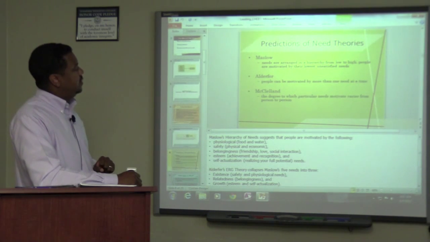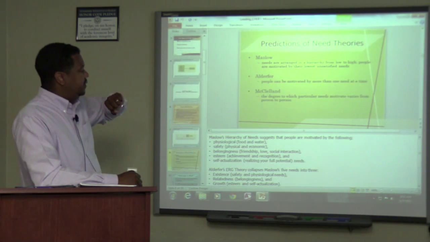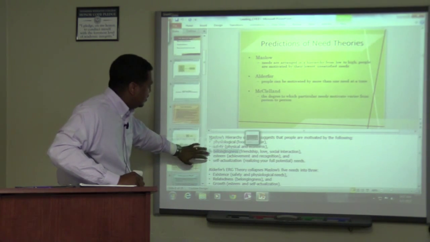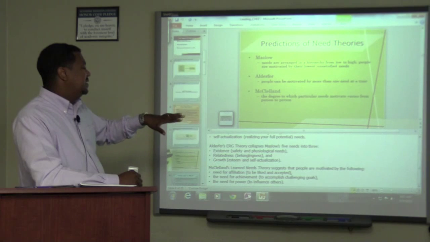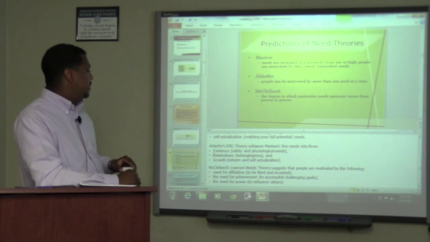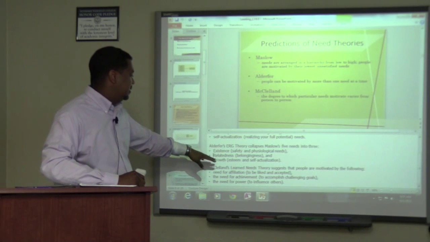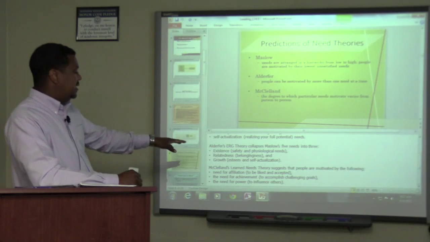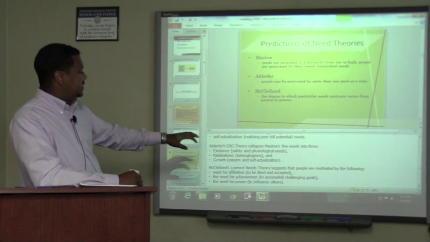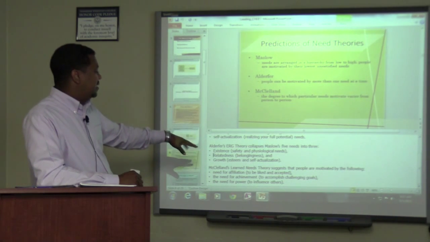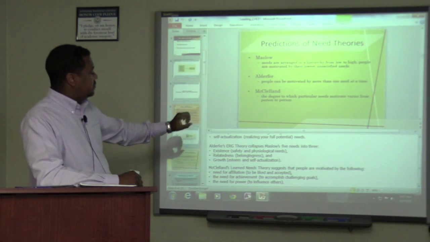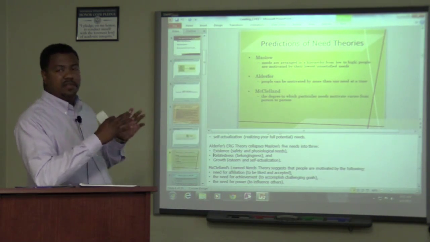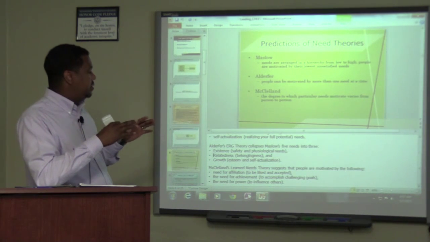All right, so let's look at another theory that we can talk about as a predictor of need. Alderfer's ERG theory is similar to Maslow's hierarchy of needs, but he focused on E for existence, R for relatedness, and G for growth. Existence is the safety and physiological need. Relatedness is belongingness, and growth covers esteem and self-actualization. Unlike Maslow's hierarchy of needs, the ERG theory collapses Maslow's hierarchy into these three different overall